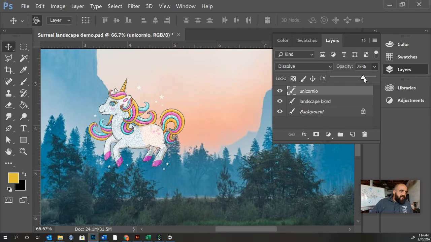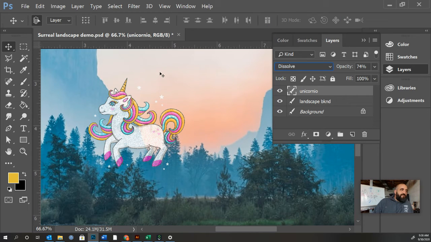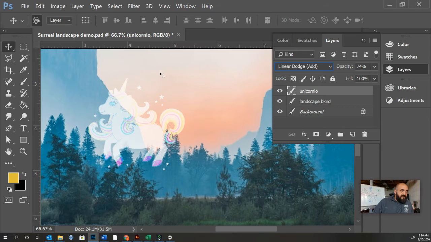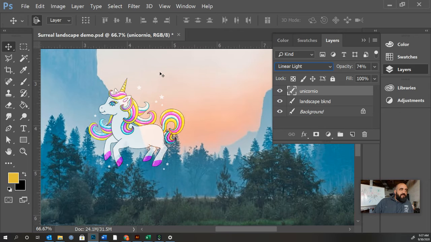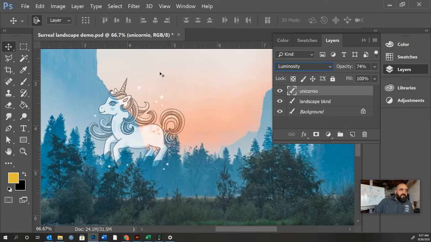So I'm just going to leave it at like 75-ish so that you can see if any of the other ones, when I go back over here, click on dissolve. And again, I'm going through with the arrow keys on my keyboard. You can see what darken does. You can see what multiply does, color burn, and you can just scroll through until you find one that you like, if you like one of these, right? Maybe this isn't what you want to do, but I wanted to at least show it to you as a way that you can make layers interact with each other because it can be used on another layer,